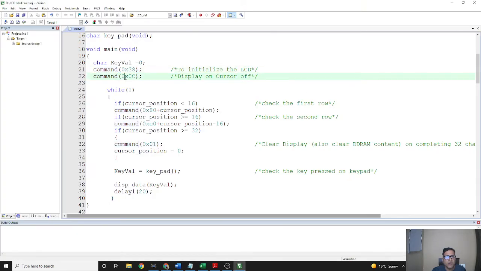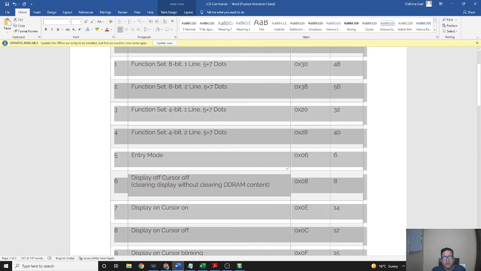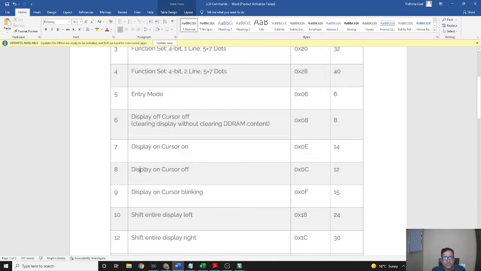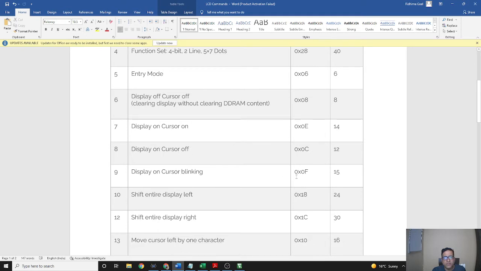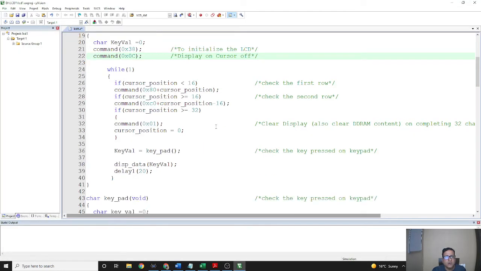After that we have given the command 0x0c. It will display on, cursor off, meaning there will be no indication of the cursor, as here we can find that in our system this cursor is blinking. If we give this command, it will not. Here you can see display on, cursor off. If we want to blink the cursor, we will give the command 0x0f. We will try this command also after debugging it. And now